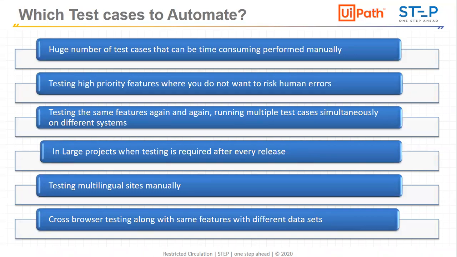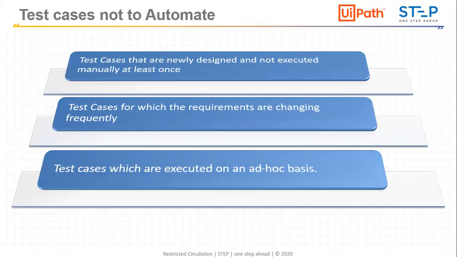And there are definitely test cases which are not feasible to automate. So let's move to the point of which test cases not to automate, because we need to see the pros and cons and the feasibility of the automation. If you take test cases which should not be automated, it will not lead to good ROI for the client, it will not illustrate your automation strategy properly, and then it will be difficult, right? So we need to see which test cases not to automate.